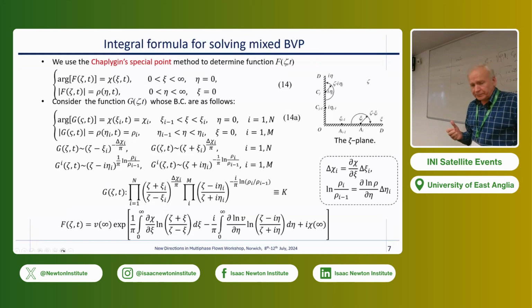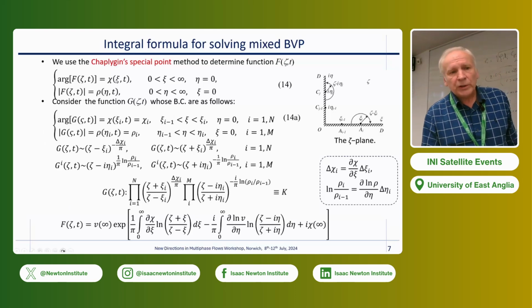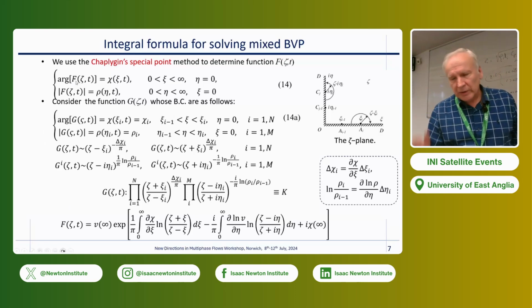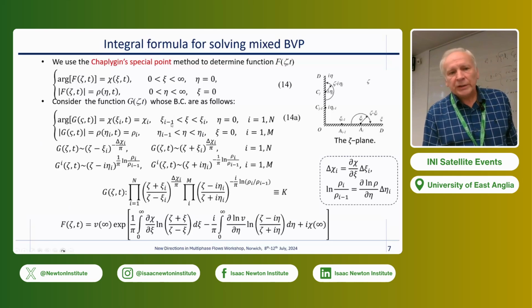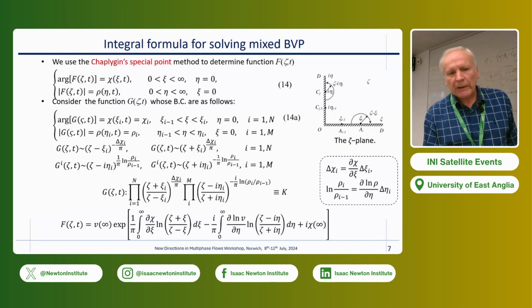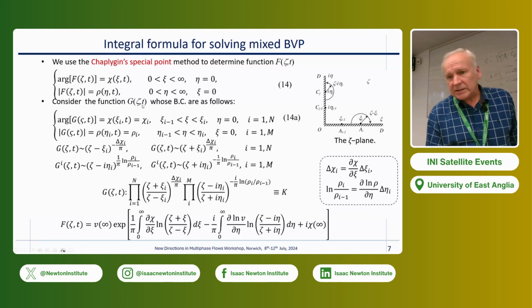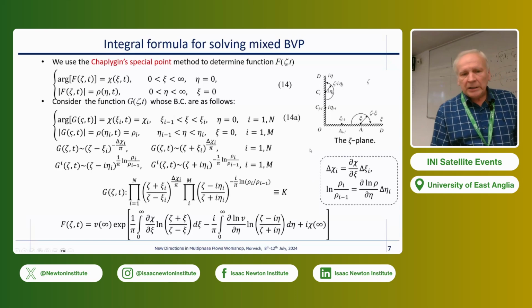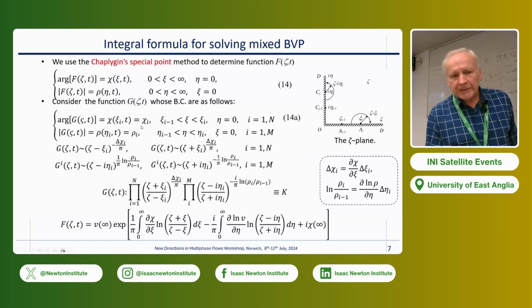Now we derive integral formulae to solve the boundary value problem for the complex function f, which we imply complex velocity. So on the real axis of the first quadrant it is given function g. On the imaginary axis it is function rho. So we discretize the real and imaginary part into the intervals, and in each interval we assume that argument is constant,